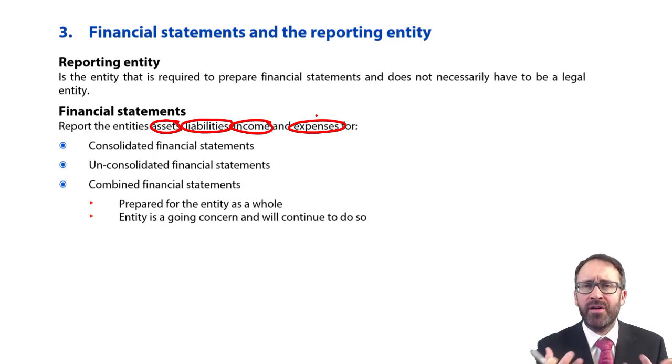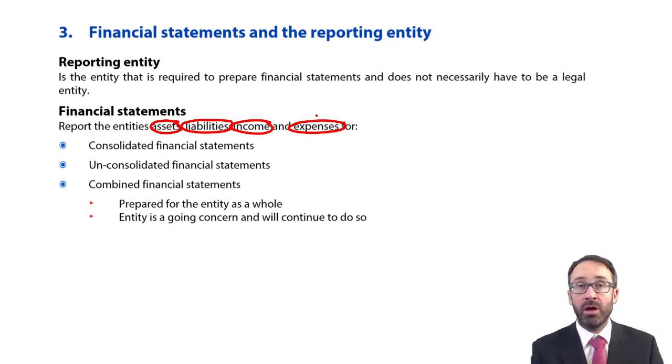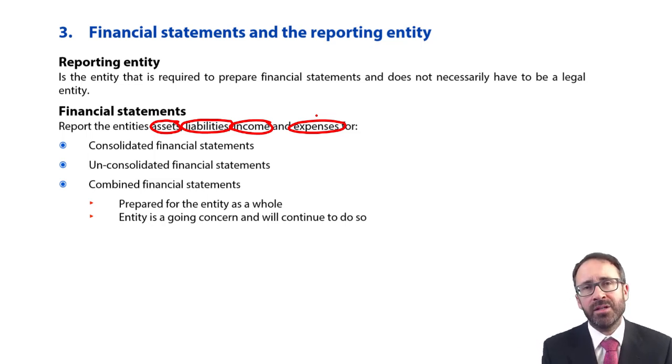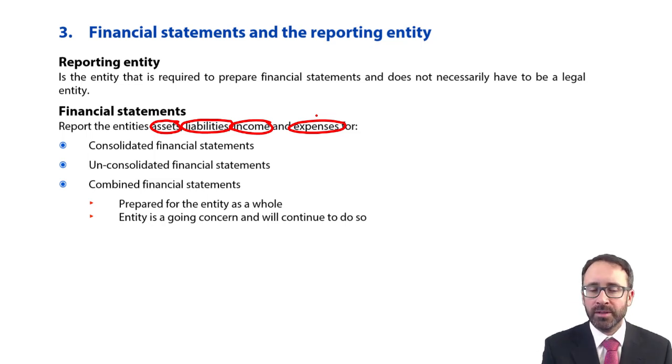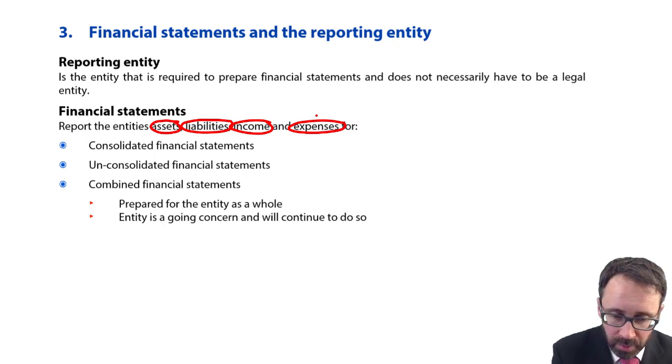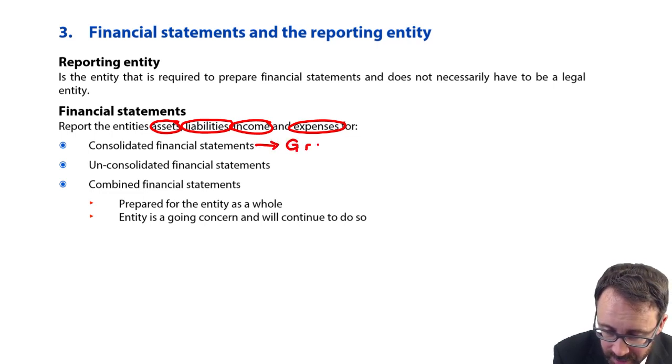Because within this syllabus, within financial reporting, you'll see it referred to as the individual company accounts. So when you prepare a statement of financial position, statement of profit or loss, statement of changes in equity from a trial balance. But as we get to the end of the syllabus, you'll also see us talk about your group statement of financial position, your group statement of profit or loss. There is a group statement of changes in equity as well, but we don't really cover that within financial reporting. So what you've got there effectively are the first two bullet points, in that you've got to prepare financial statements for a set of consolidated financial statements. So that's basically